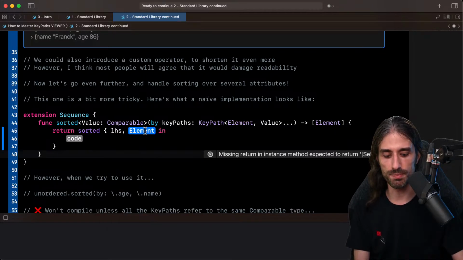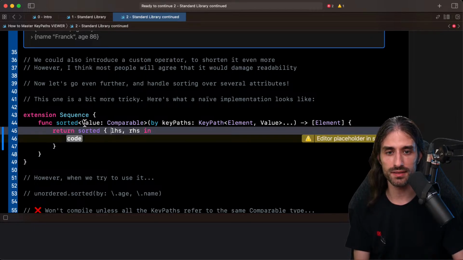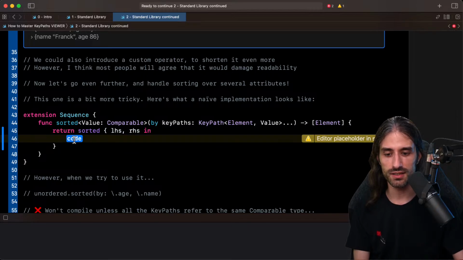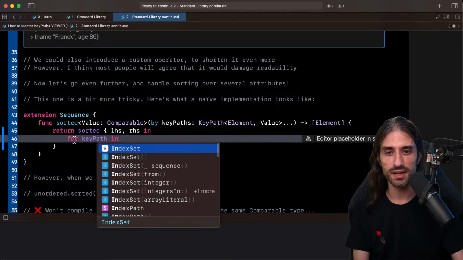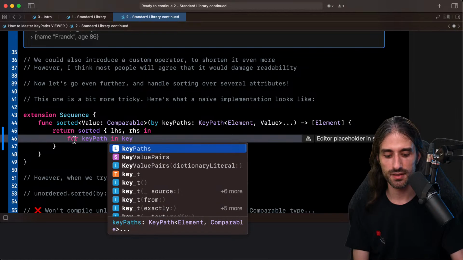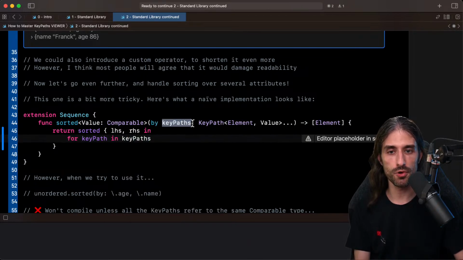So where we pass in a closure that takes a left-hand side and the right-hand side. And then the way to implement this sorting is to say, okay, I want to iterate over all of the key paths in my key paths argument. So here I'm receiving one or more key paths.